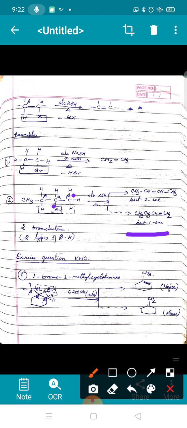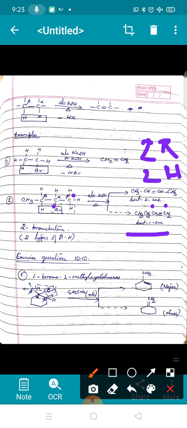Now the question arises, which product is going to be the major product? You look here, if you check these two carbons, look at the unsaturated carbons. So this carbon out here has a CH3 group attached and one H. And here also one CH3 group and one H. So ultimately how many alkyl groups and how many hydrogens do we have? We have two alkyl groups and two hydrogens attached to the carbon-carbon double bond.